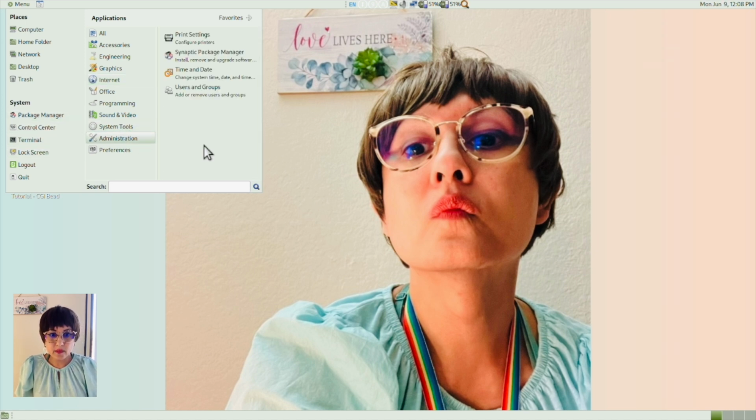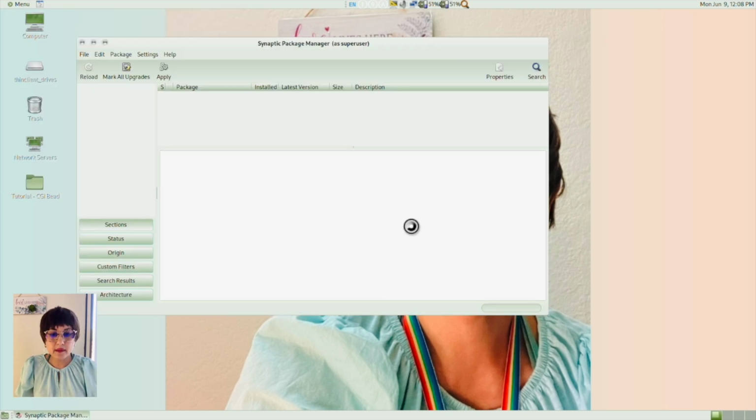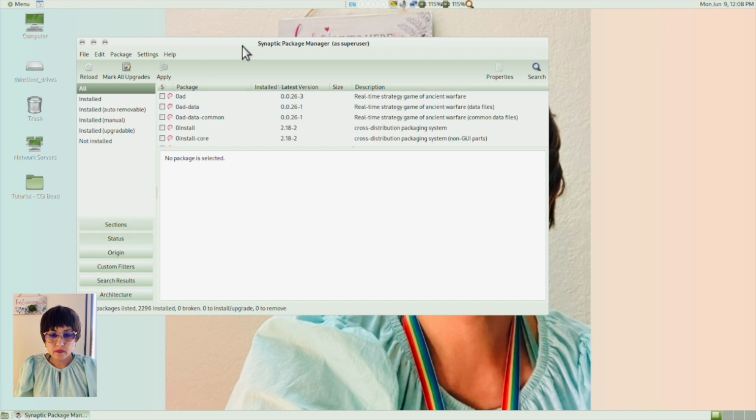On Linux, Synaptic Package Manager can be used to download GIMP. Could be Synaptic, could be a different package manager.